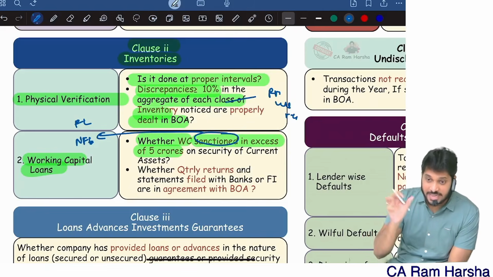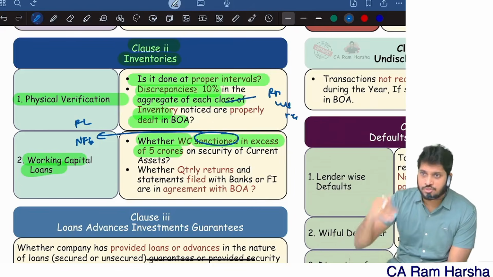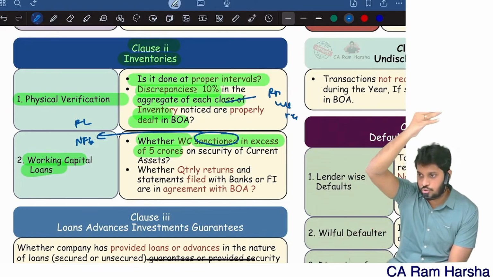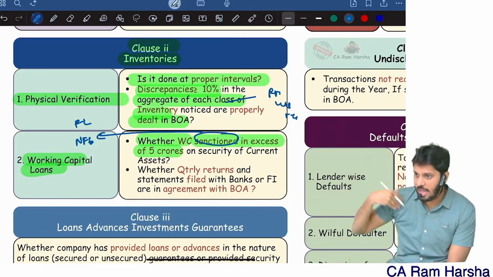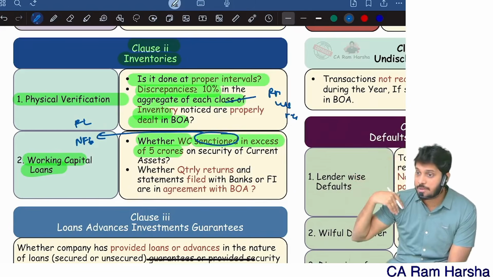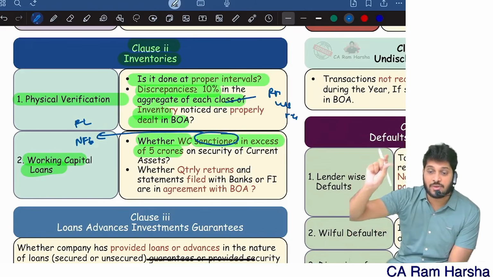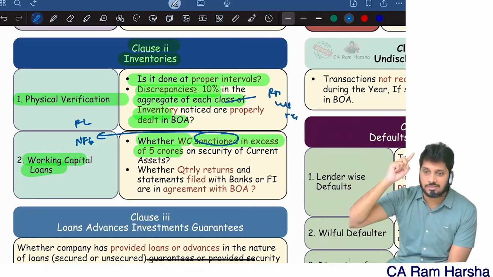Any temporary guarantee, letter of credit. For example, letter of credit is a working capital related guarantee. Suppose I want to import goods from outside India, so the bank will give a guarantee, a letter of credit, to the exporter, so he will send the goods to me. I am the importer. The exporter wants to send the goods to me, but he is doubtful whether I will make a payment or not. So the banker gave a LOC. That LOC amount is also to be considered in the working capital limit. Able to understand? Like this, a practical question came in CA Final recently.